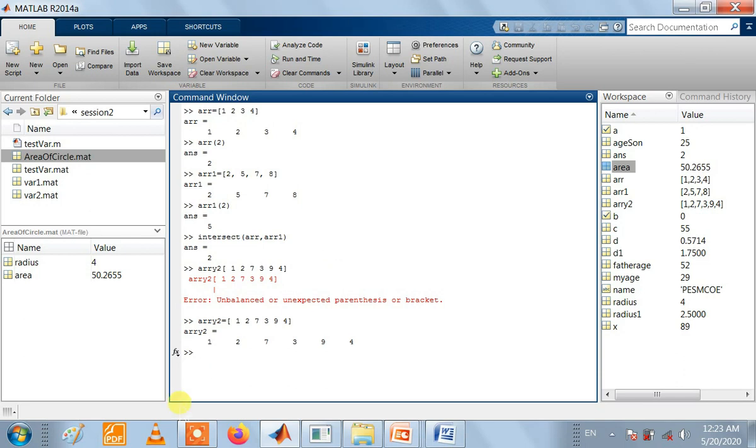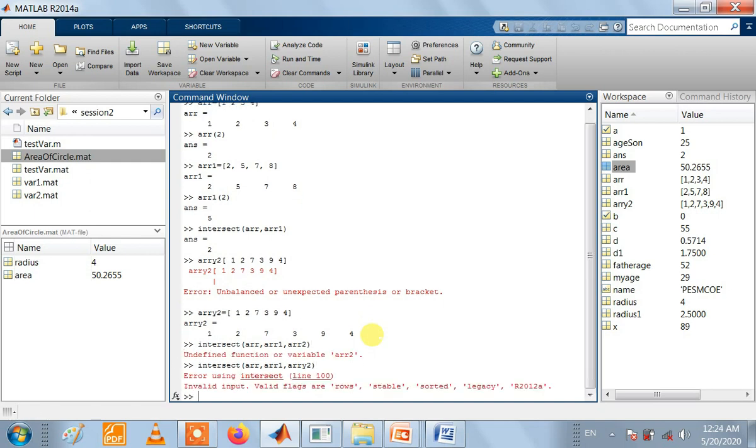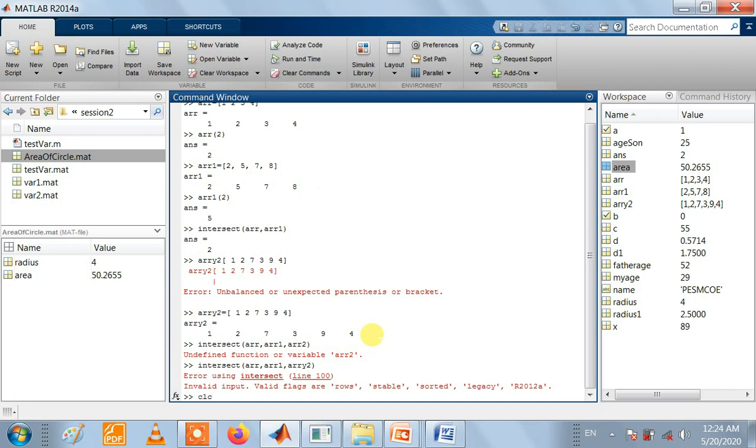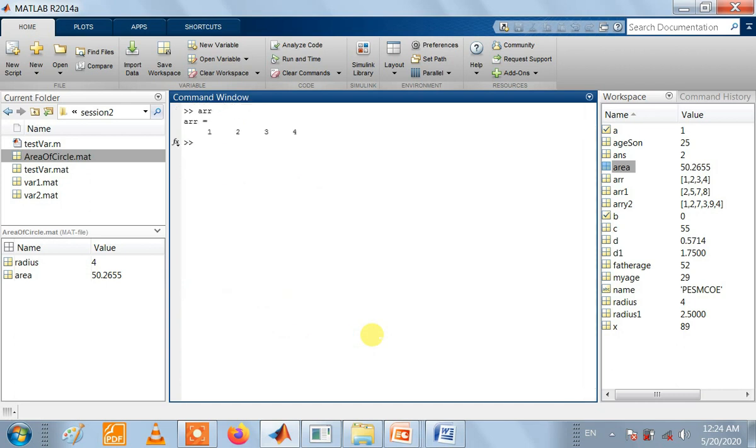Then array 2 contain 1, 2, 7, 3, 9, 8, 3, 9, 4 number, and again we check the intersect array 1 and array 2. So what is the common part in this 4 array? Okay, we cannot, invalid input is there. Okay, we check for once again. ARR has this, ARR1 has these values, ARR2 has these values,